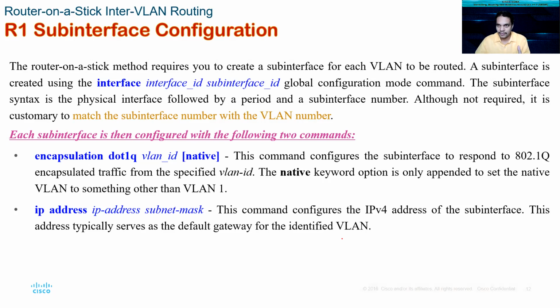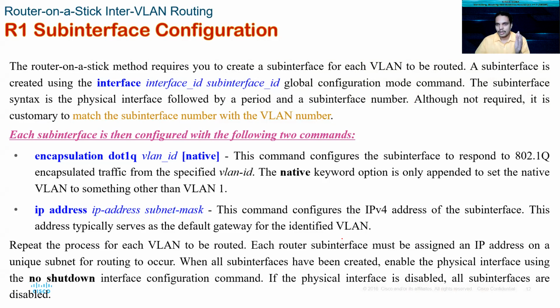After that, in the interface mode, the second command that you should write is to assign the IP address, along with the subnet mask. This is how you create a sub-interface. Make it accept traffic coming through dot1q encapsulation, and assign the IP address to it. This process should be repeated for each and every sub-interface that you create. One sub-interface is created for every VLAN that you need to support. And finally, once you do all these things, you bring that particular interface up, that is no shutdown. Okay, I'll show you that.